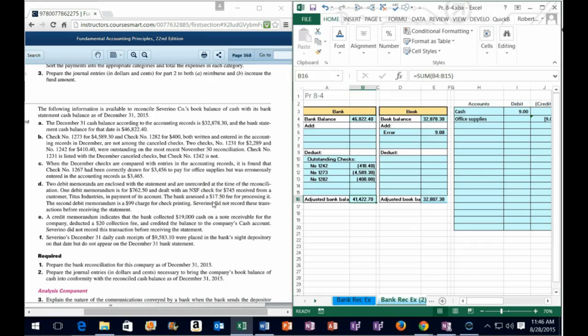So that means that that's kind of like an error on our side again, of course, because we're not going to be able to go to the bank and say, well, could you fix that? We're going to have to adjust our books and reduce it for the fact that there was a check that didn't have